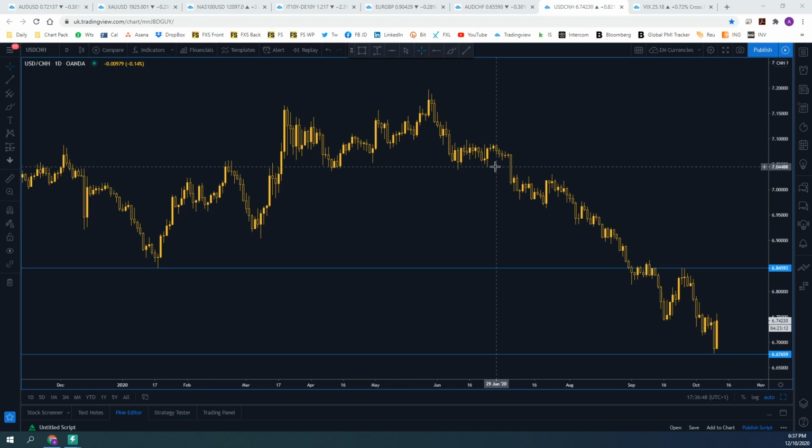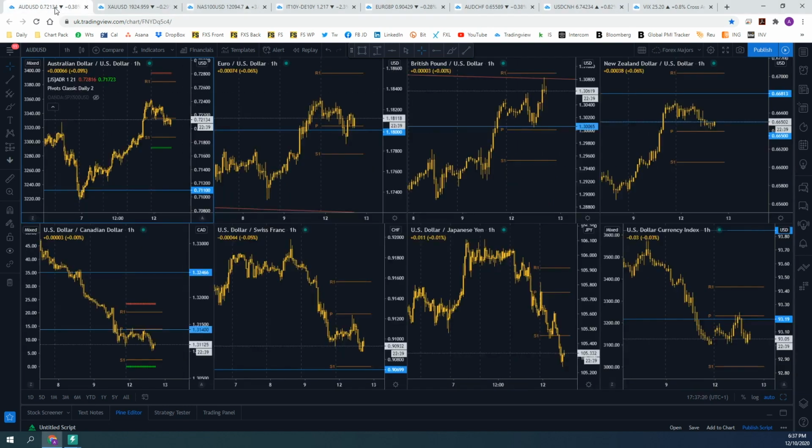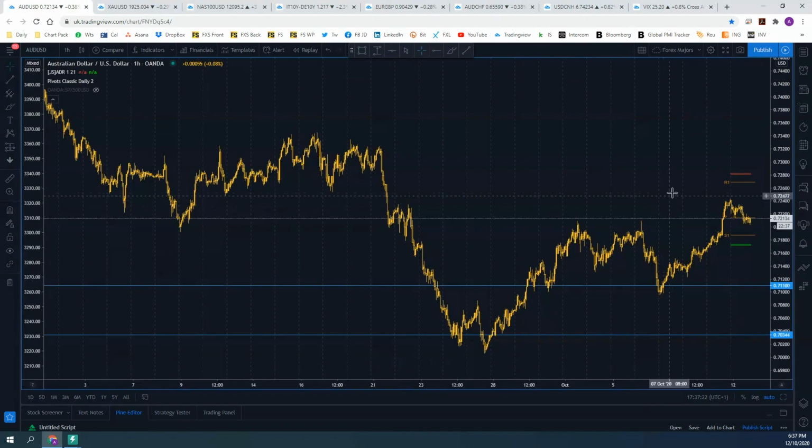Now, it's usually seen as a positive for risk assets, as more liquidity and more lending capacity should be more positive for growth. And the implication of this also stretches to the Australian dollar, which is usually seen as a proxy for Chinese sentiment. Which means that the Aussie dollar and the Chinese yuan usually have a strong correlation versus the dollar. So let's quickly go to the Aussie versus the US dollar, and let me just illustrate that for you.